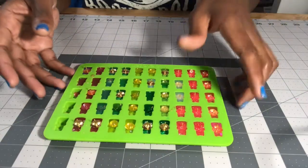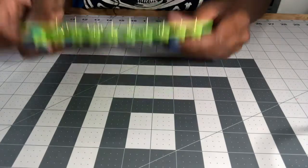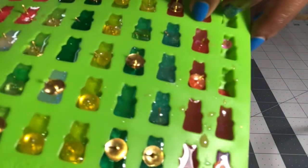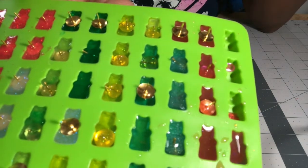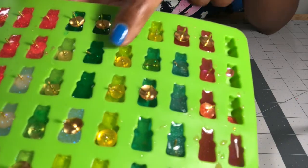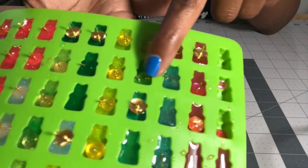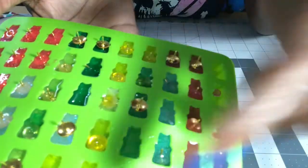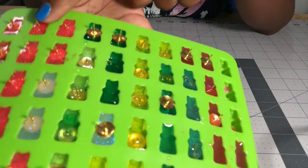All right, so we are back. It has been more than 24 hours since I did the gummy bears. Some of them, as you can see, did not come out the way I wanted them to. Even after watching this one for a long time, this one leaned over, this one leaned over, that one leaned over. A bunch of them did their own thing. Some of them did stay straight up,